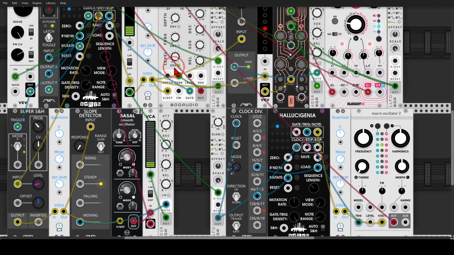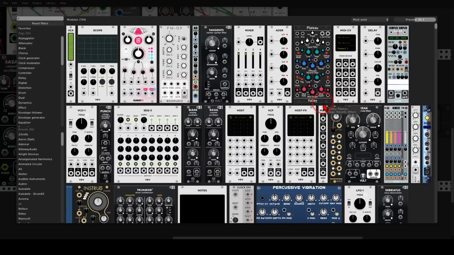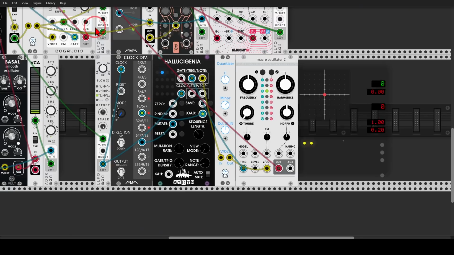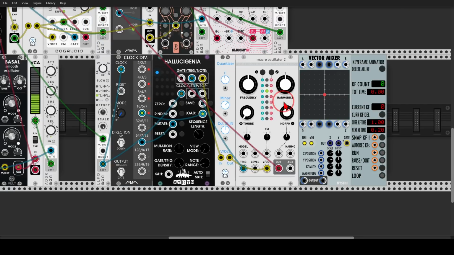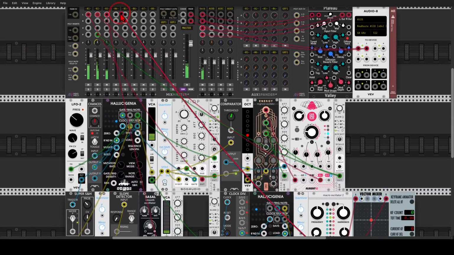And now let's do this. First of all, I will bring back all of the other voices. And now we will use the vector mixer from Nischi to add variation and movement to the volume and panning as well. Right, so if I send Plaits to A and B, and I use the stereo output from the vector mixer,